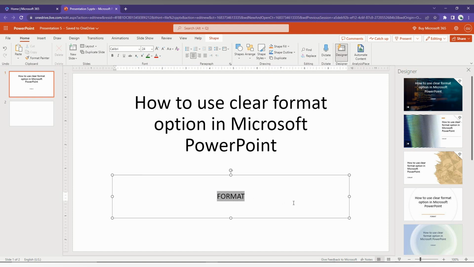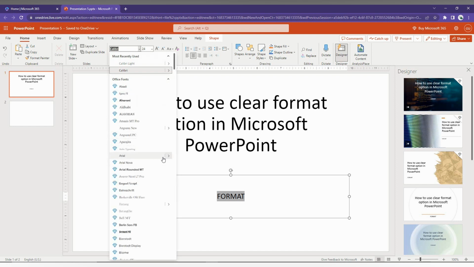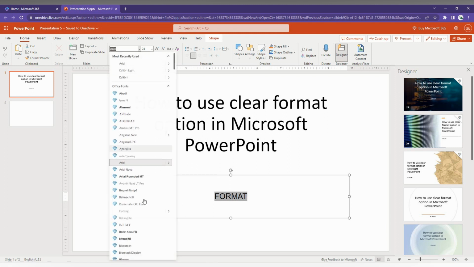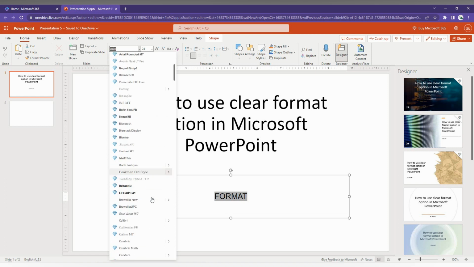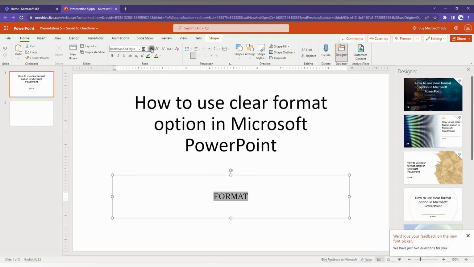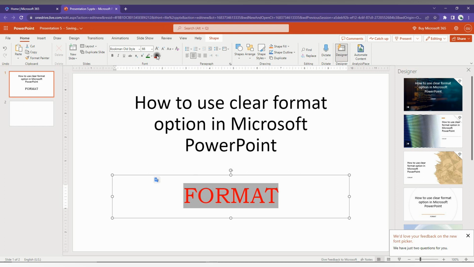So first of all, I just selected this format option here. So I'm just going to change the style of the font, like a different font like this. I'm just going to change the font style first of all. So we can choose this. Okay, and I just resize the text like 72, and here I'm just going to apply color and also highlight